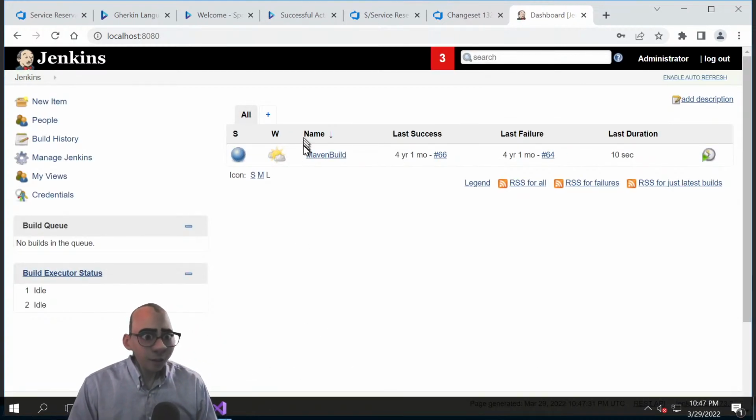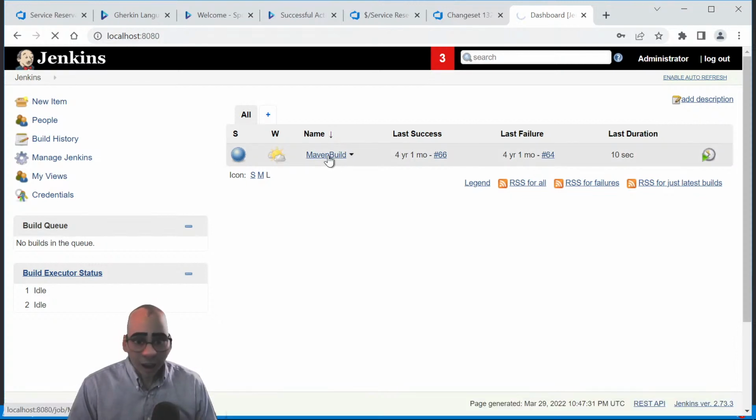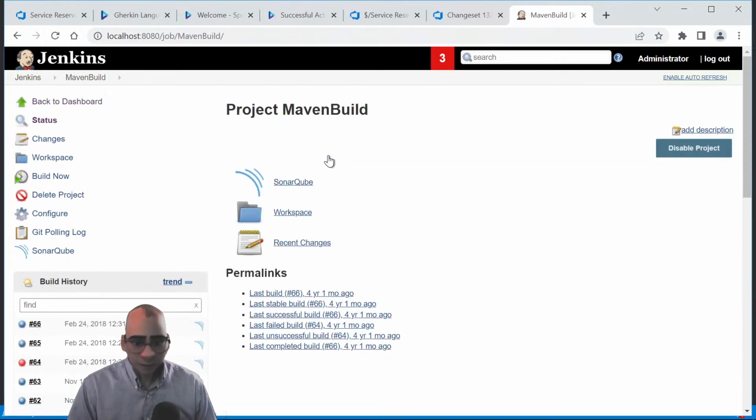So here we've got a Maven build from 4 years ago. I'm not going to try to build this again, although if you're curious about what some of this stuff looks like in Java as compared to what we did in C#, this Maven build project has some of what we did with the echo tests in it.